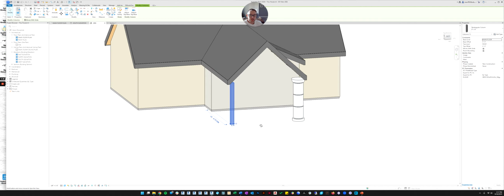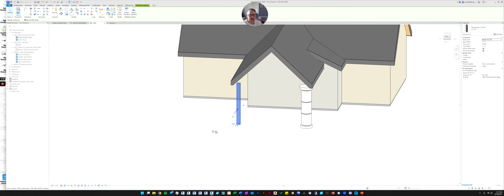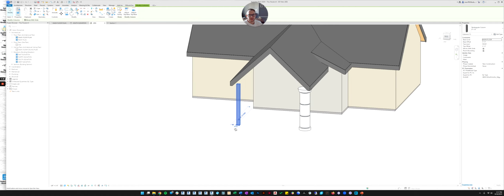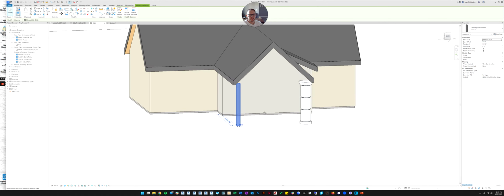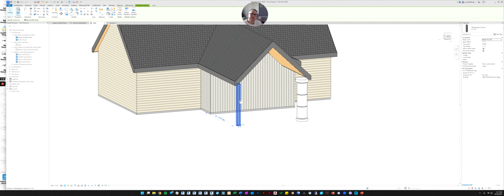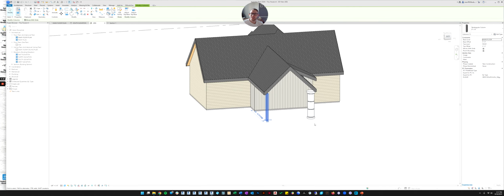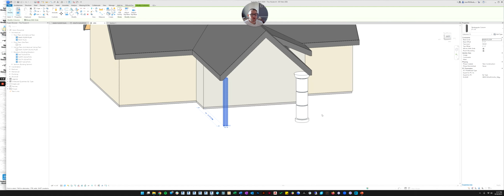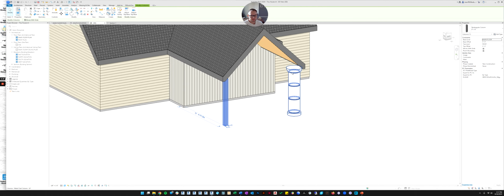If we didn't have a good family, meaning someone didn't load in a good family, you wouldn't be able to change the width like that. You wouldn't have been able to make those modifications. You only have the settings that the maker of the family allowed you to have. So this is why with loadable families, you can get good ones, you can get bad ones, and it's important where you get them. You'll find that loadable families really change your experience in Revit. You need good families in order to do a good job in Revit, or you need to learn how to make families for yourself. So let's change this one back to match the other one.